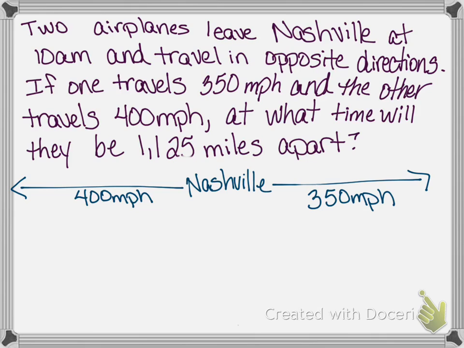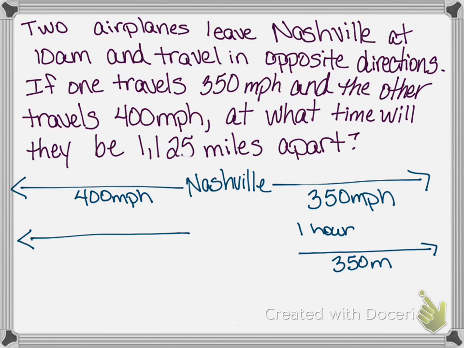So, in 1 hour, this plane travels 350 miles because it's traveling 350 miles per hour. And this plane in 1 hour,